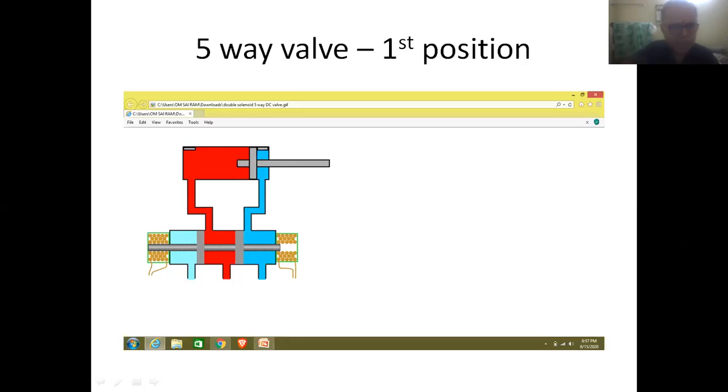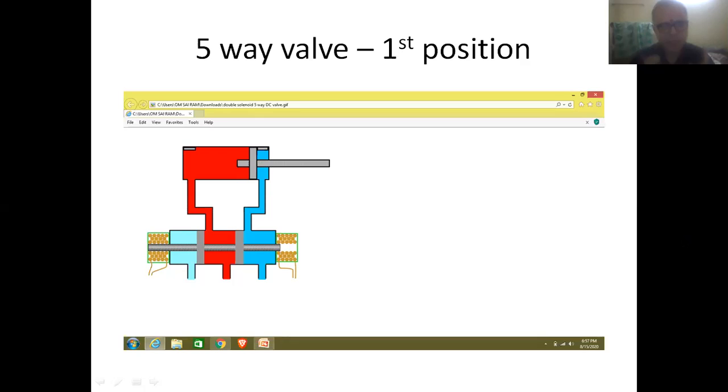And here we have the second exhaust port of the DC valve that is generally used for the second outlet of the DC valve. So friends, it is having one inlet port, two outlet ports, and two exhaust ports. So totally it is having five ports. So therefore it is referred to as a five-way DC valve.